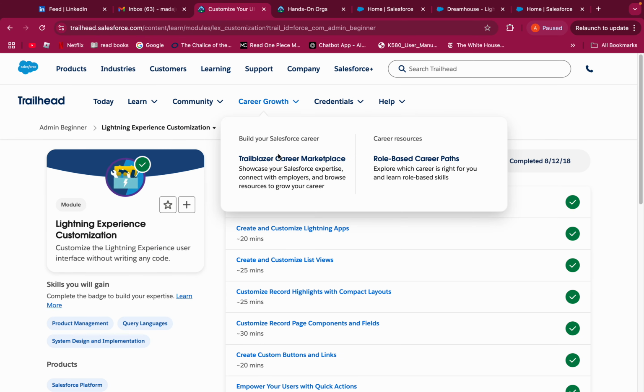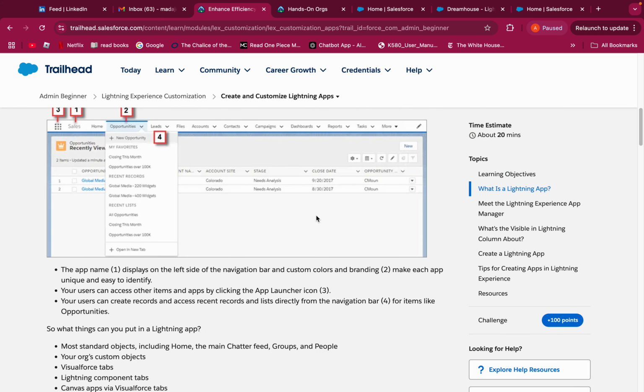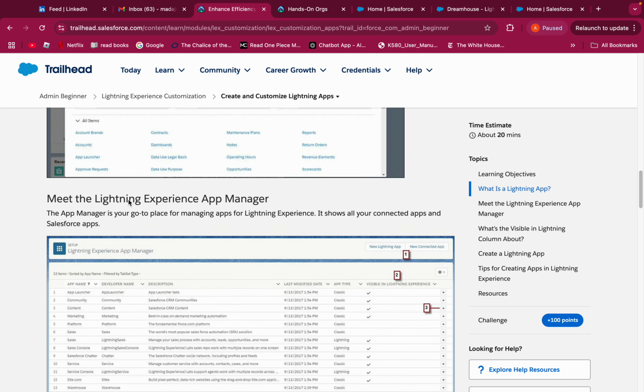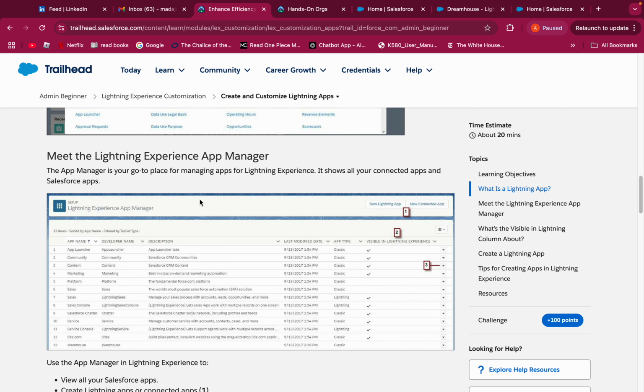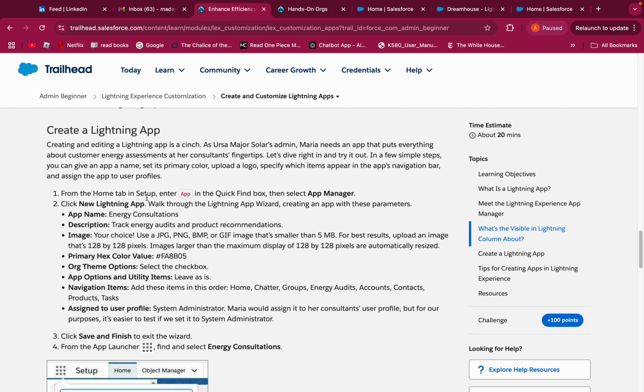So that's how you set up your org. Then you create and customize your Lightning apps, and it talks about the Lightning experience app manager. Then we can create a Lightning app,